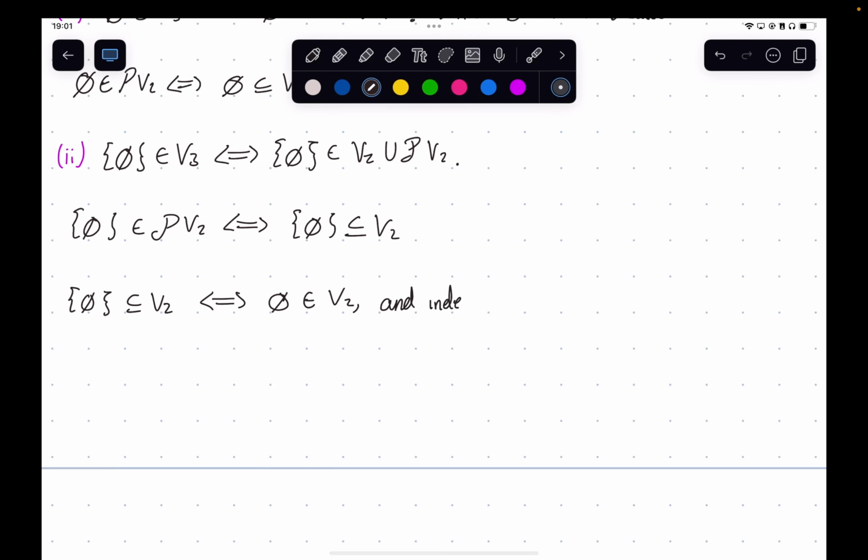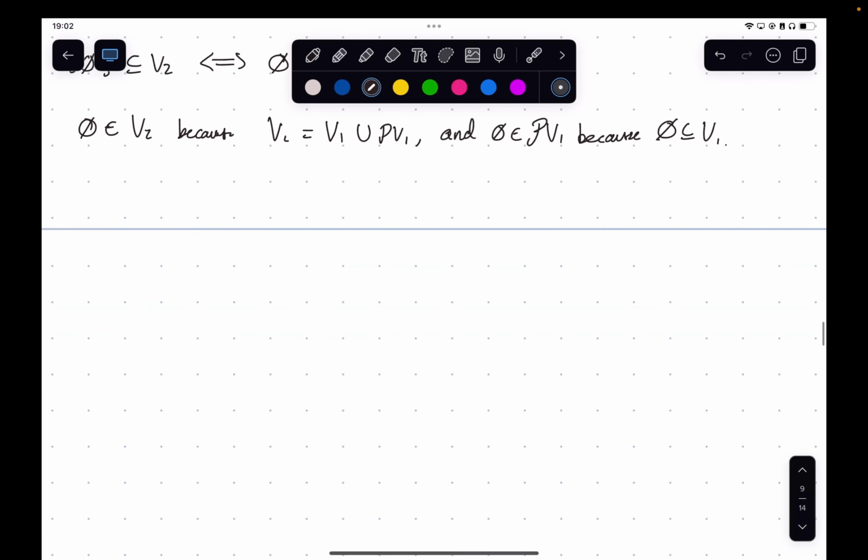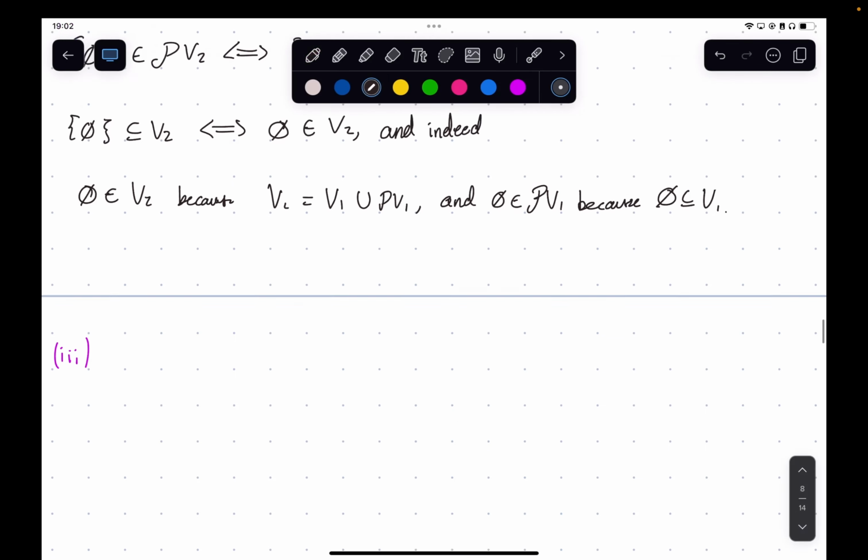And indeed V2, because V2 is equal to V1 union the power set of V1, because the empty set is a subset of V1. Okay, cool. Fantastic. Now, for 3, once again,